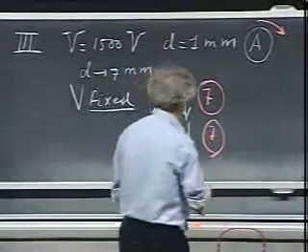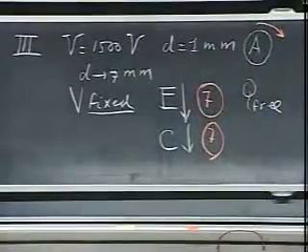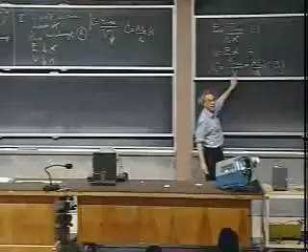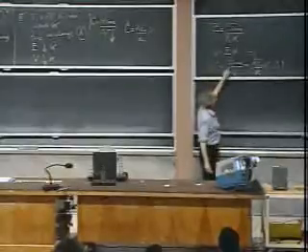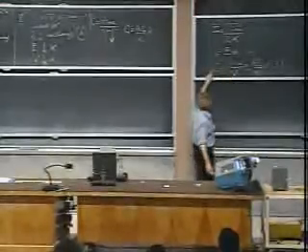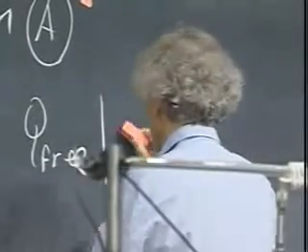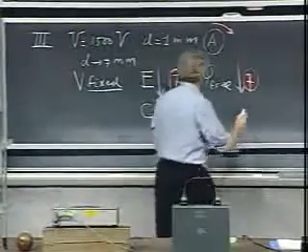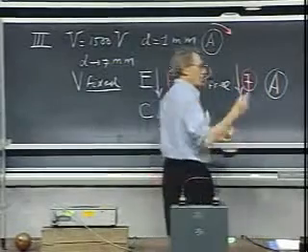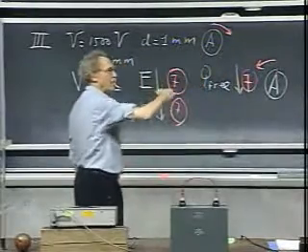And so Q free must now also go down by a factor of 7, because the potential difference doesn't change, but C goes down by a factor of 7, so Q free must go down by a factor of 7. This goes down by a factor of 7, this doesn't change, so the free charge goes down by a factor of 7. And what does that mean? That means charge will flow away from the plates, and so my ammeter will tell me that charge is flowing from the plates,